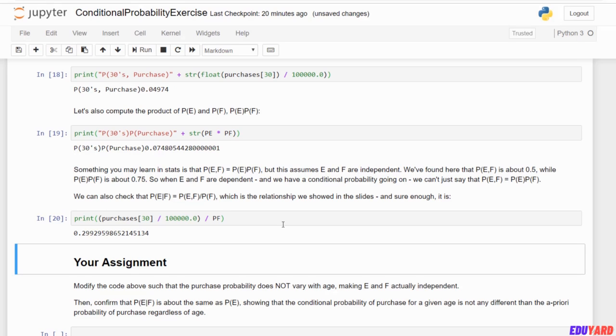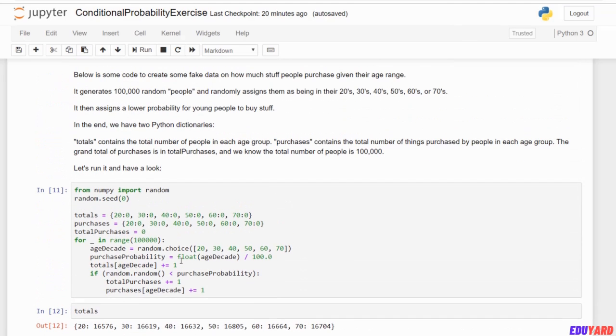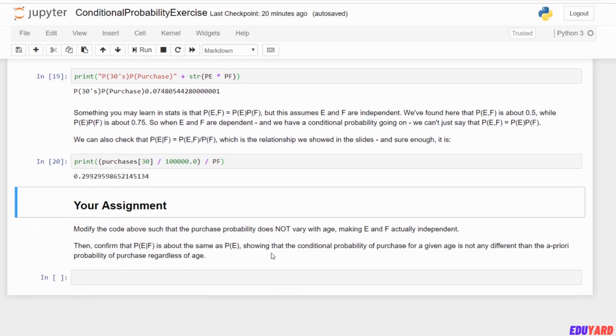Your task, should you choose to accept it, is to modify the code above such that the purchase probability does not vary with age. Remember up in this first block, we had a purchase probability that was a function of your age. Just make that a constant value instead, and see what that does to your results. Can you generate a new data set where you can show that P of E given F is about the same as P of E? That would show you that there is no condition there. If P of E given F is the same as P of E, then there is not a dependency between those two things, and that's a mathematical way to find that. So give